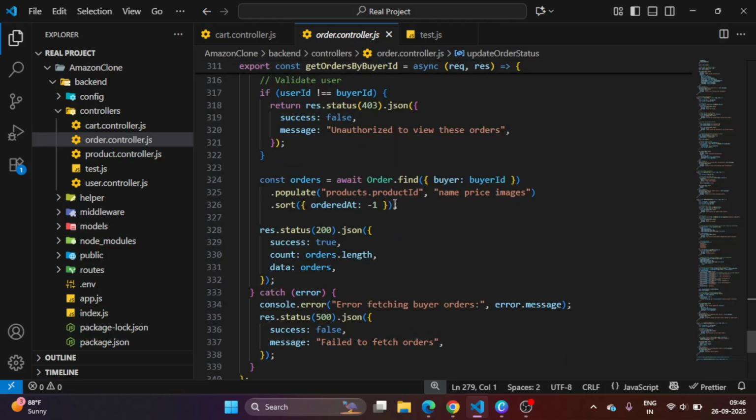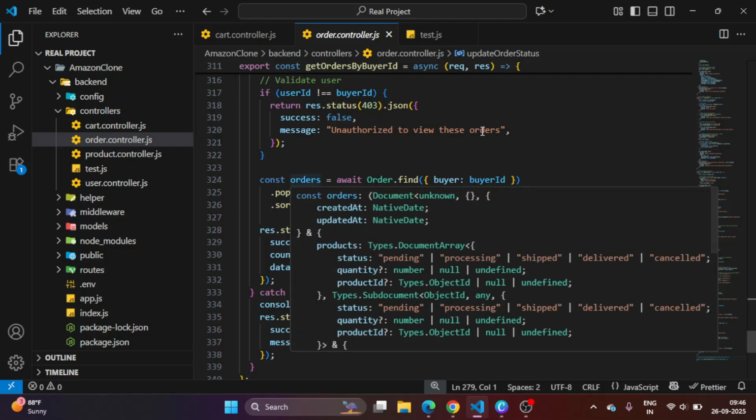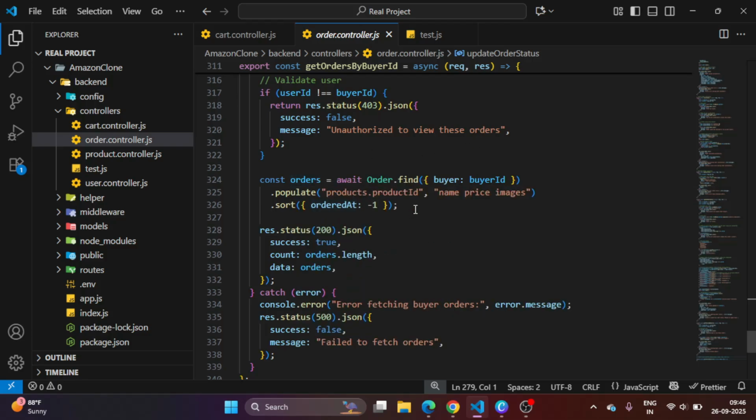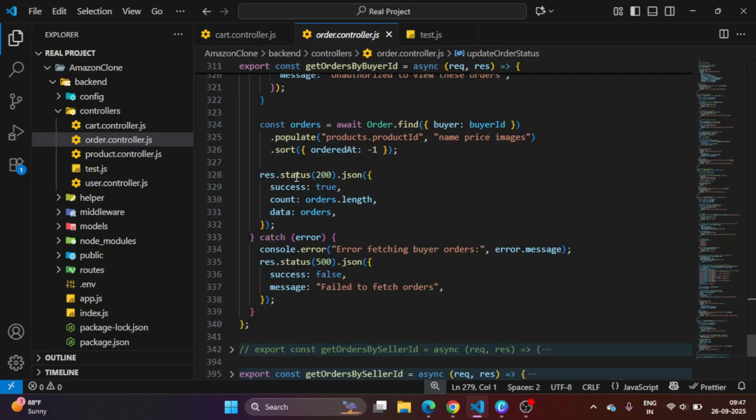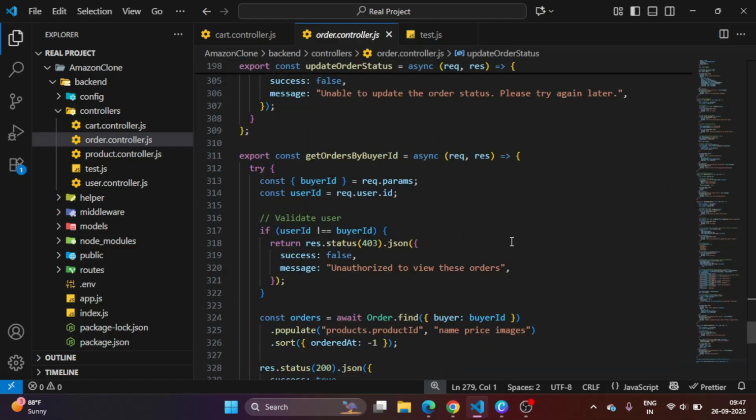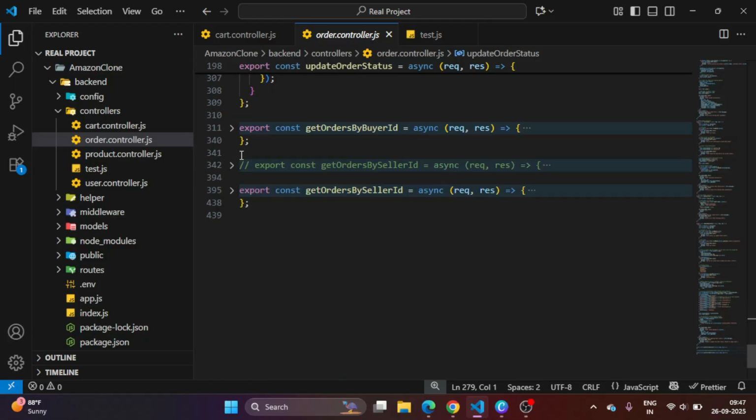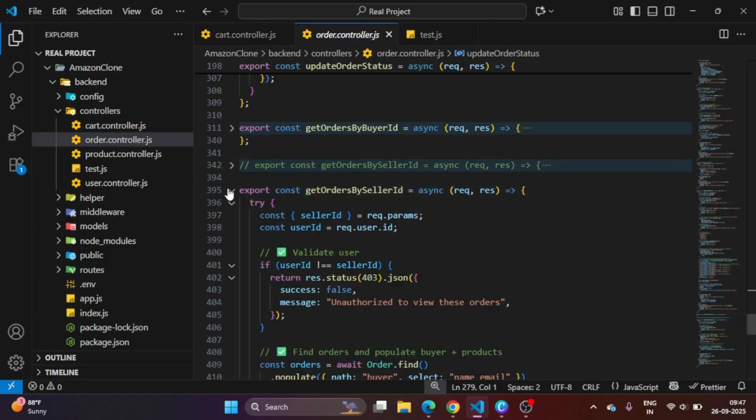And then we fetch orders. We are fetching these orders with product ID, name, price, image, and add descending order, and then sending the status, success, count, data. So this is get orders by buyer ID. And then we have two things. So here you cannot see